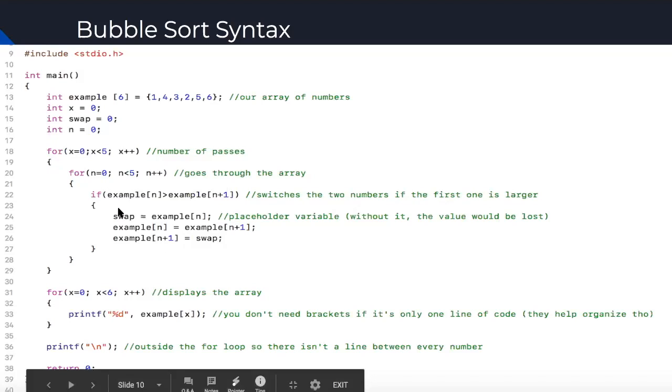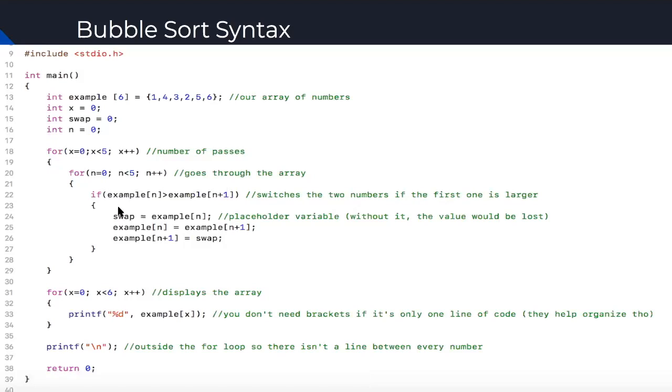For review, there were 2 for loops and an if loop. The code inside an if loop only happens if the condition is true. If the condition is not true, the code inside the loop will not be run. For loops will continue to happen until the condition is proven false. For loops are used when you want to do something a specific number of times. You have to make sure that